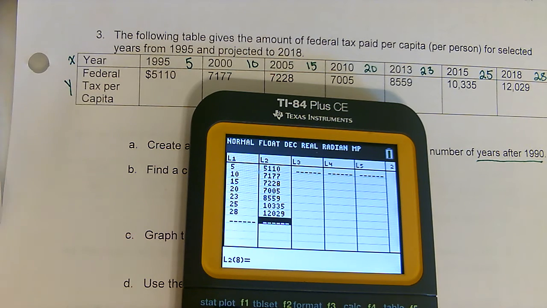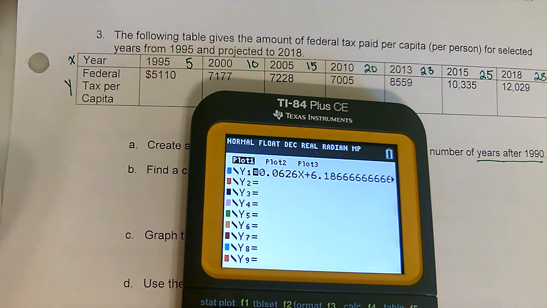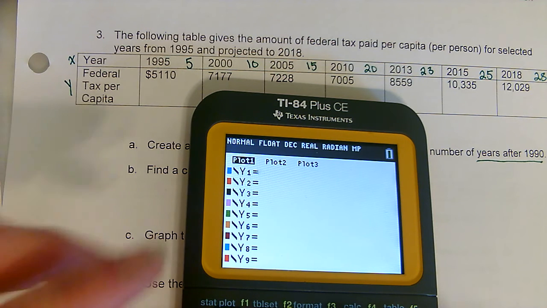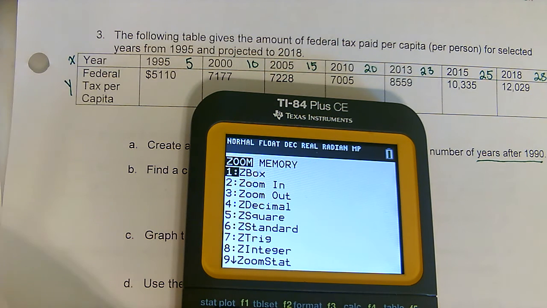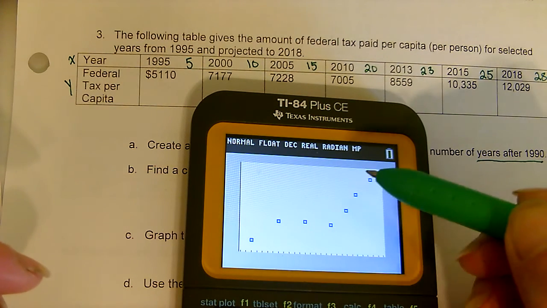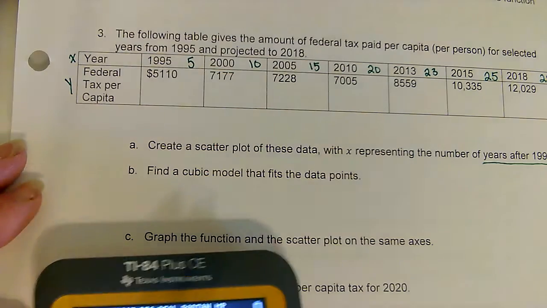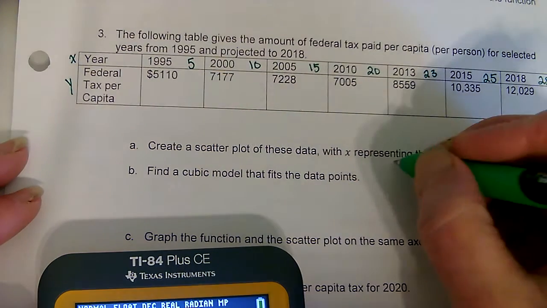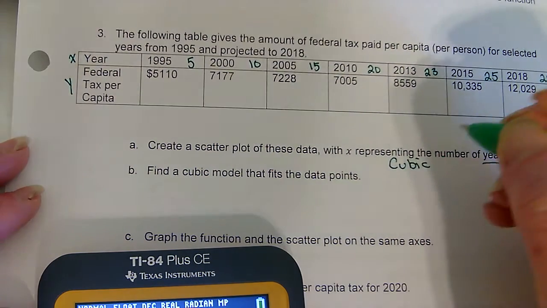All right, so to get to the scatter plot, I'm going to press Y equals. I want to clear out anything in Y equals. I want to make sure plot 1 is on. Then I'm going to press zoom and then zoom stat. It's going to change the window to fit the data we have. And what does this data look like? Well, it's not a straight line. It's more of a wave. And so I'm thinking cubic, and this looks like it's cubic